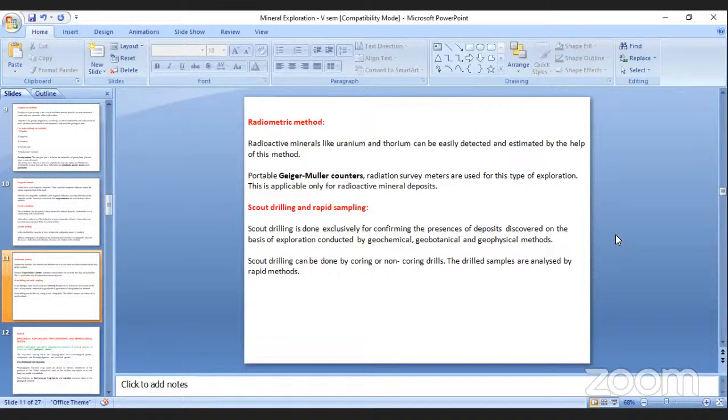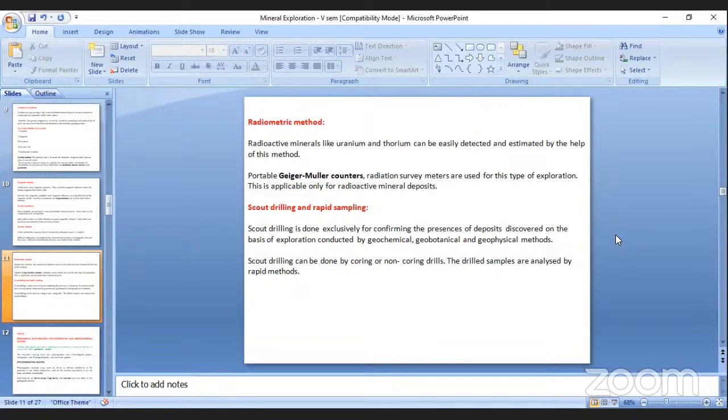For example, there are portable Geiger-Muller counters, and we have a scintillometer. That is one type of meter, and the second is a portable gamma ray spectrometer. That is also useful, and one more gamma ray spectrometer will also be useful, because these uranium deposit areas are